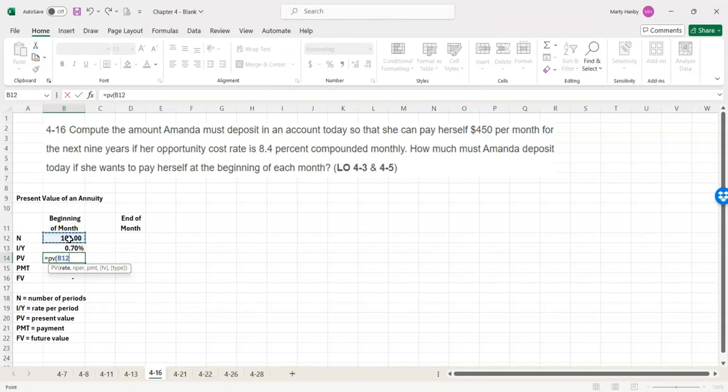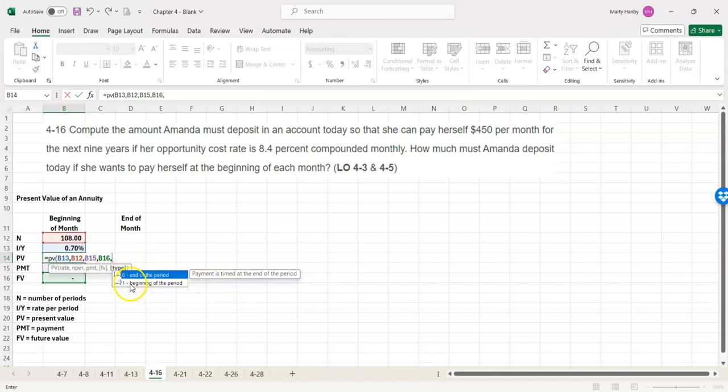This is starting with rate first, the 0.7%, then number of periods. Then comma, that's my payment, the $450. Use the down arrow to get there because the formula bar is up in front of that. So then I'll go ahead and enter future value, just preference. Oh, and the important thing here, so beginning of the period, this type,